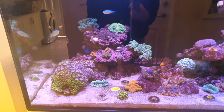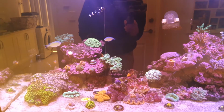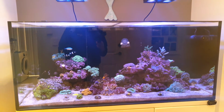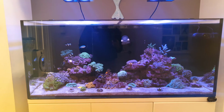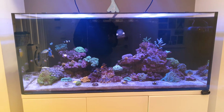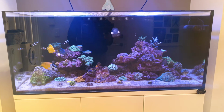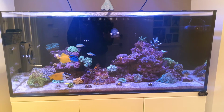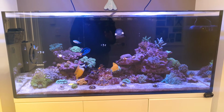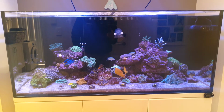So yeah, you've seen the black clowns, a couple of green and gold, green and blue chromis. I've got the normal Ocellaris clowns at the back. Everything seems to be happy. That thing's stuck in the middle of the glass there. That's where I put my seaweed that I talked about earlier, and that's where the tangs pick at it. I've got the blue tang, he's doubled in size now. I don't know what the family have all got names for all the fish. I know some of them, but